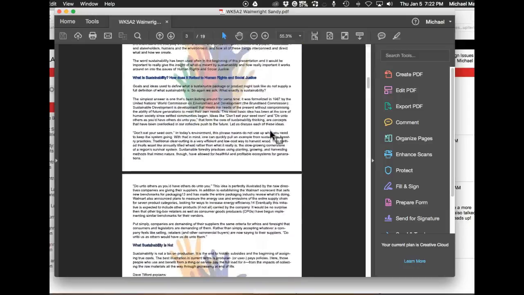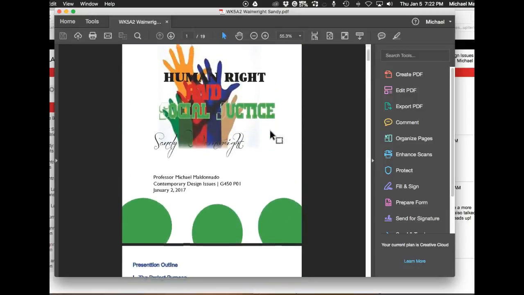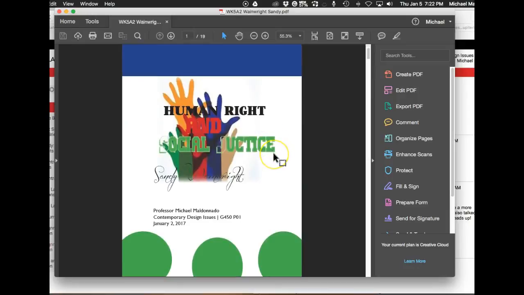And the one thing I see on the first page is that it seems to be lacking hierarchy. In other words, what do you want the viewer to look at? And what is the message you want the viewer to leave this title page with? Human rights and social justice. Shouldn't that be human rights? But it's kind of jumbled up here with the diversity hands in the background there. So it's A, difficult to read, and B,